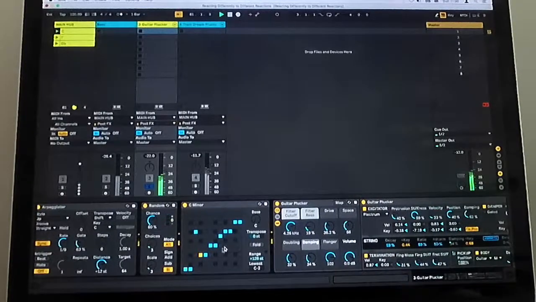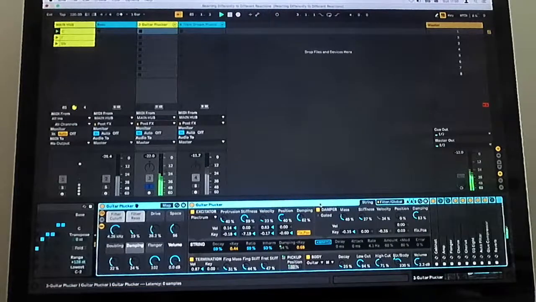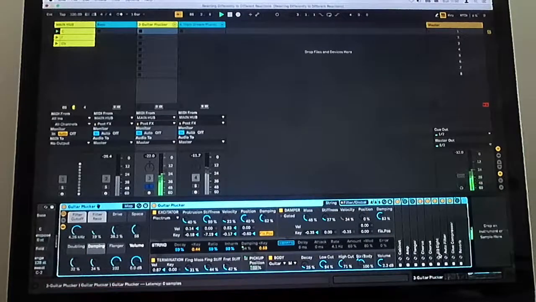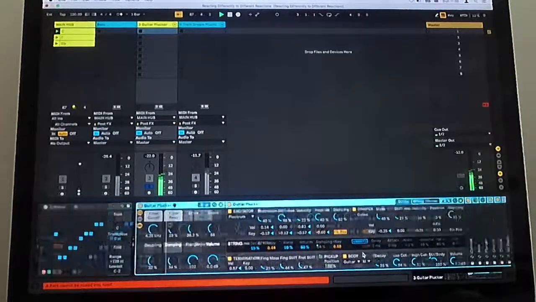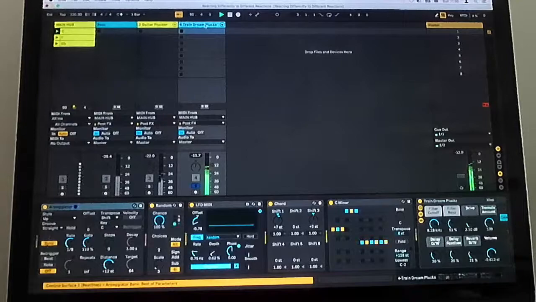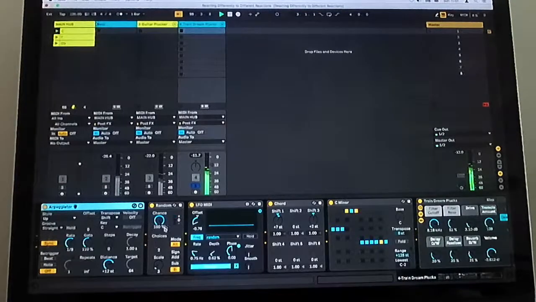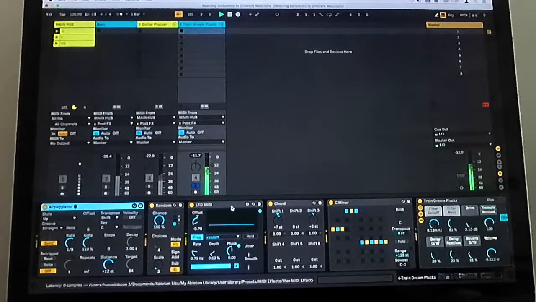And then from the scale quantizer, it goes on to the modeled exciter, guitar plucker, which is quite a large device in terms of the sheer number of effects on it, very much like a guitarist would have. And then the last one is this Train Dream Plucks. So we have an arpeggiator, again, running in 1/8 notes, randomizer set to 100%. I've got the LFO tool moderately changing the choices